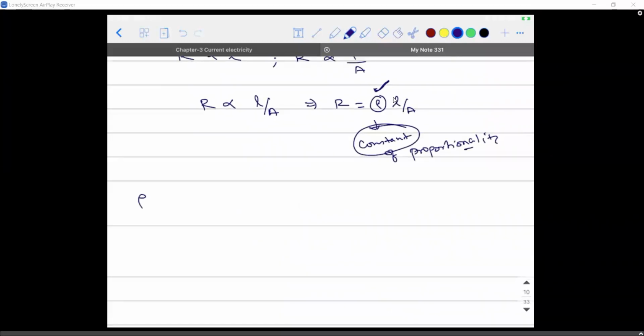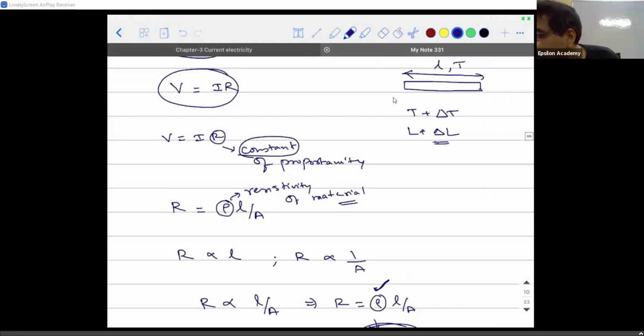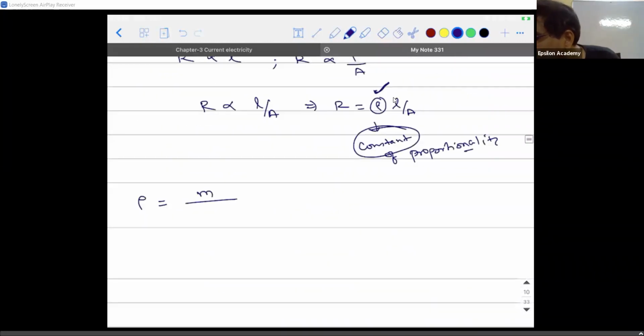Because I wanted you to keenly observe the expression. Rho is equal to m divided by n e square tau. Guys, listen, I'm not teaching you physics, I'm only teaching you how to think. These are all the keen observations you need to do. Something new might come up tomorrow in the exam, and at that time you should not blink. If an expression like this is given to you and you're seeing it for the first time, accepted. Now, you have to start thinking.